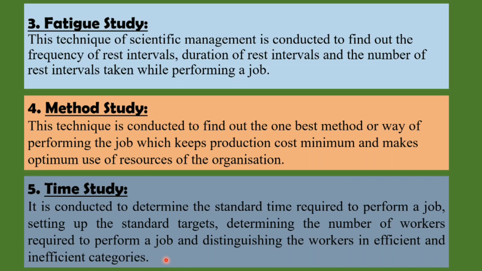So what did Taylor suggest? Taylor suggested to observe an average worker when he is performing a job with a stopwatch in hand and note down the average time taken by the worker in completion of the job. Okay, and he said that observation should be taken 100 times and then take out the average time. This time should be considered as the average time for performance of the job.